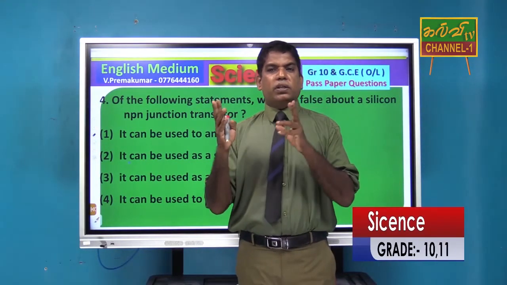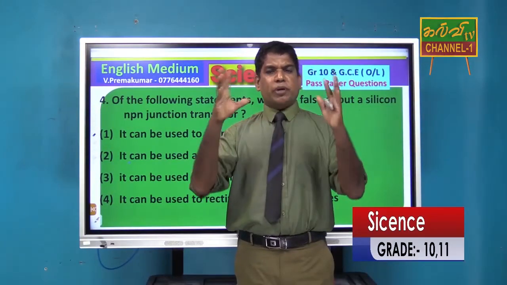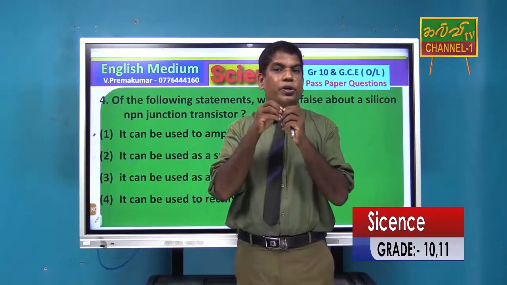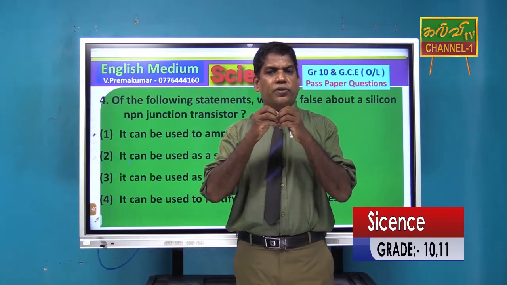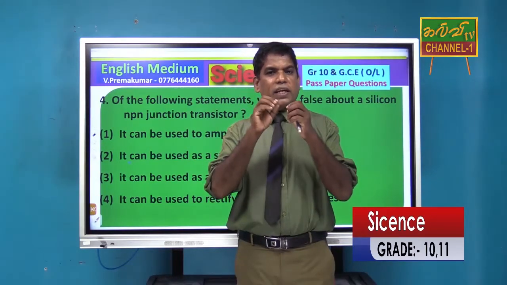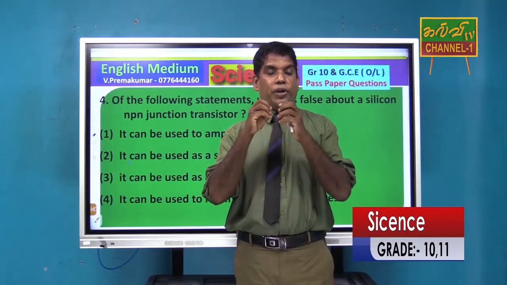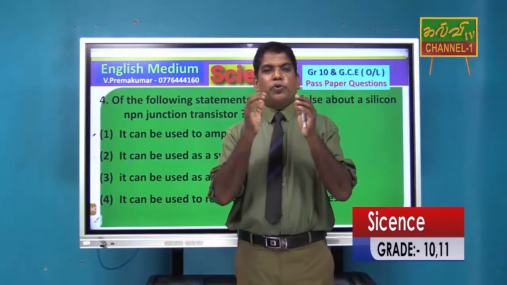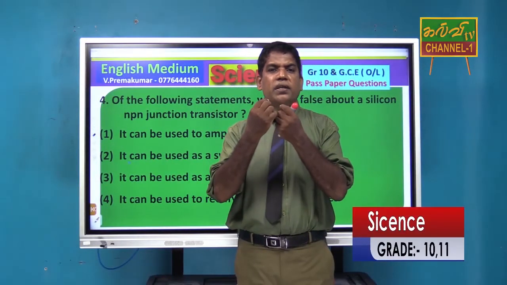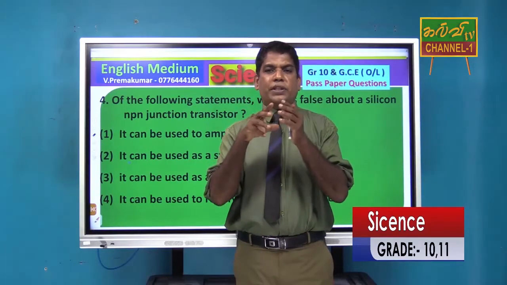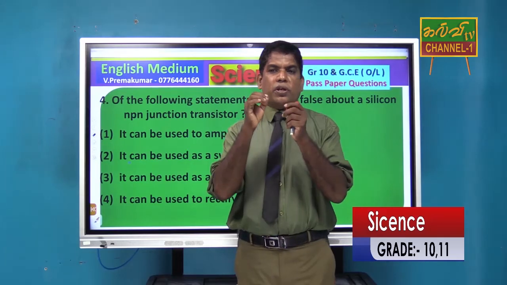So what are the differences? A diode has 2 terminals, a transistor has 3 terminals. We use transistors for various purposes. Normally we use transistors to enlarge a signal. If we give a small signal, it will be enlarged by this transistor. Not only signals, current is also enlarged. Sometimes we can use it as a switch. If we connect it in the circuit, it can function as a switch that does not allow the current to go through.